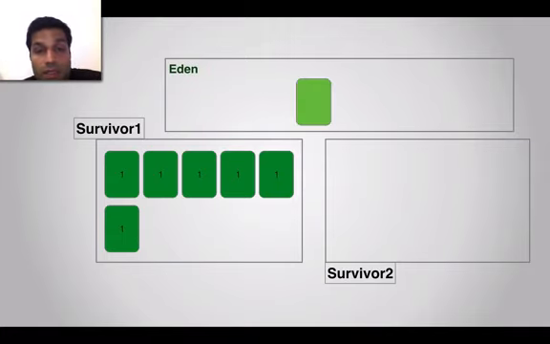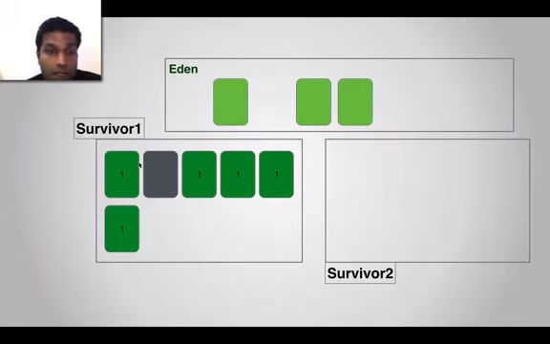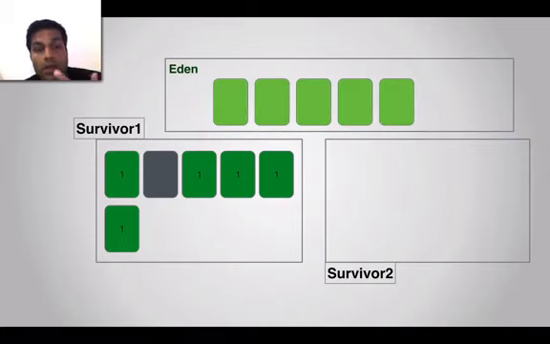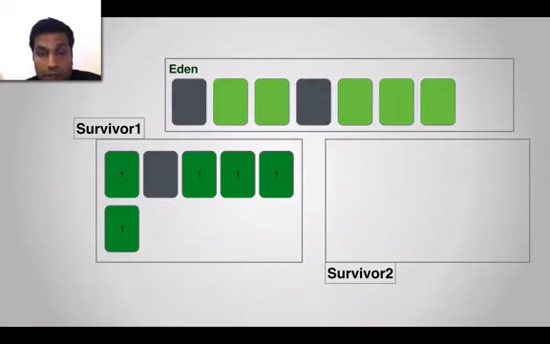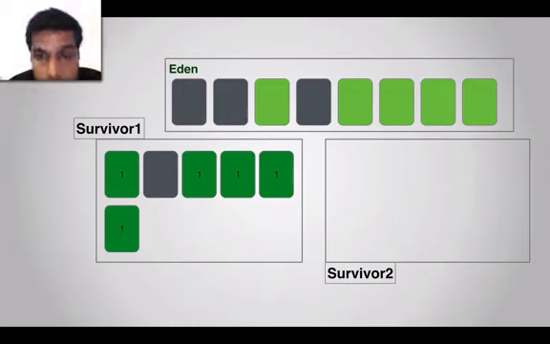Now again the application allocates objects in the heap, and along the way some things in the survivor space become unreachable, and more objects are allocated. Some objects again become unreachable. At this point the Eden of the heap is full, and there are some unreachable objects here, and new reachable objects here. Reachable old objects are still here. So at this point the JVM tries to allocate yet another object, and it fails, and when the allocation fails it